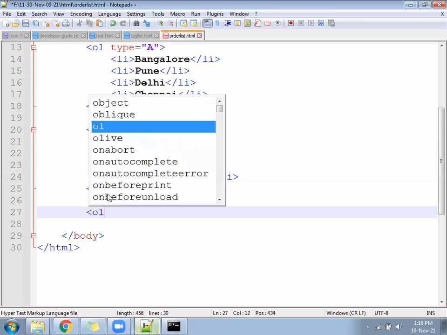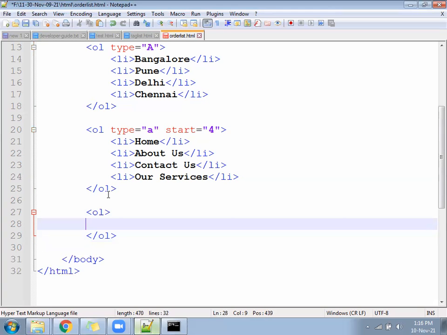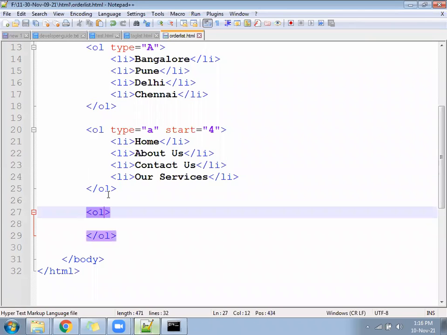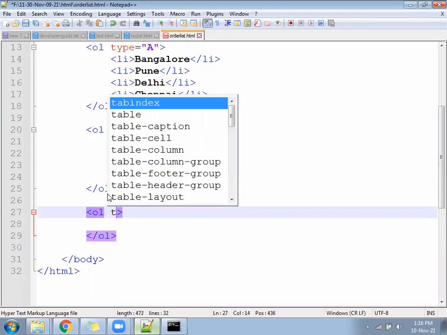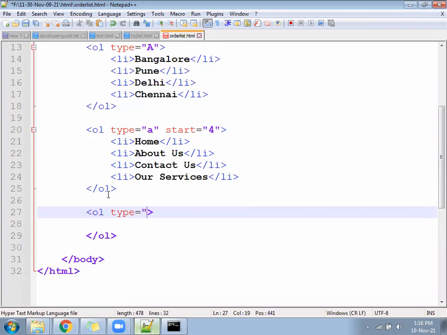Another OL. Sometimes on the internet you see some content will be there, some description below, and after that some points will come. Those points can be ABCD, 1 to 3, small or capital, and one more option is there called type equal to Roman 1 to 3.